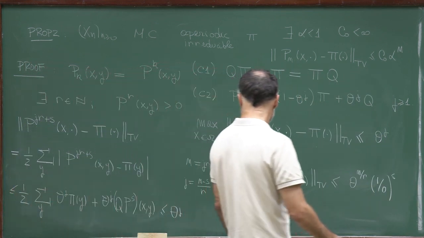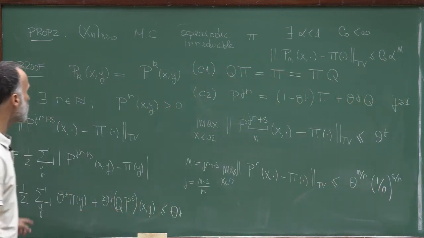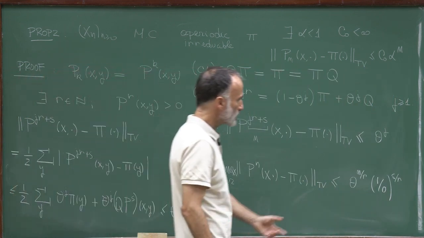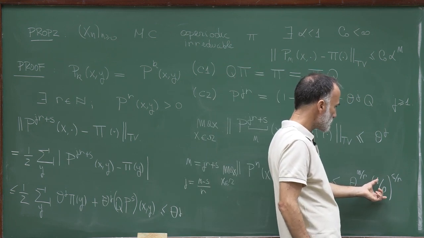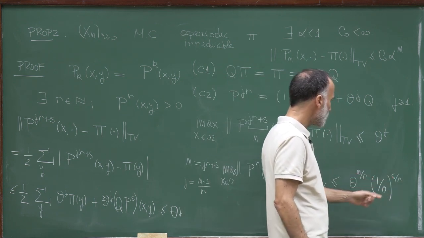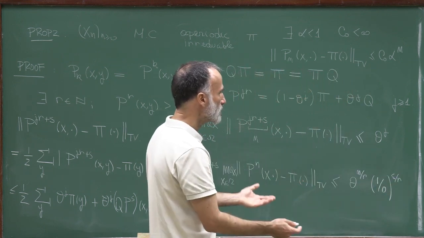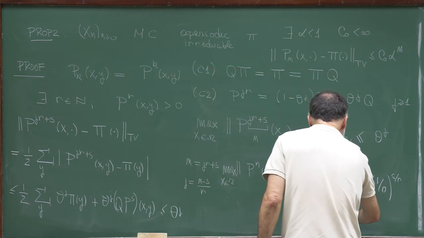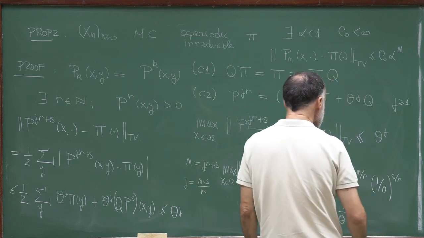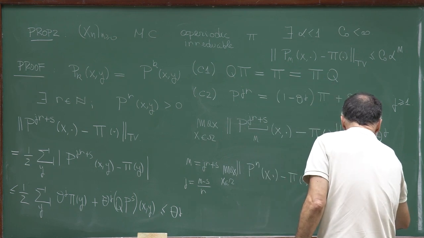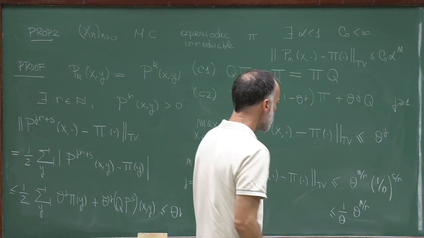S over r. So s is bounded by r. 1 over theta is bounded by 1, so 1 over theta is a positive constant. So this is bounded by the largest value of s, and the largest value of s is r minus 1. So this is bounded by r. So this is 1 over theta, bounded by 1 over theta, theta to the power n over r. So this is the constant